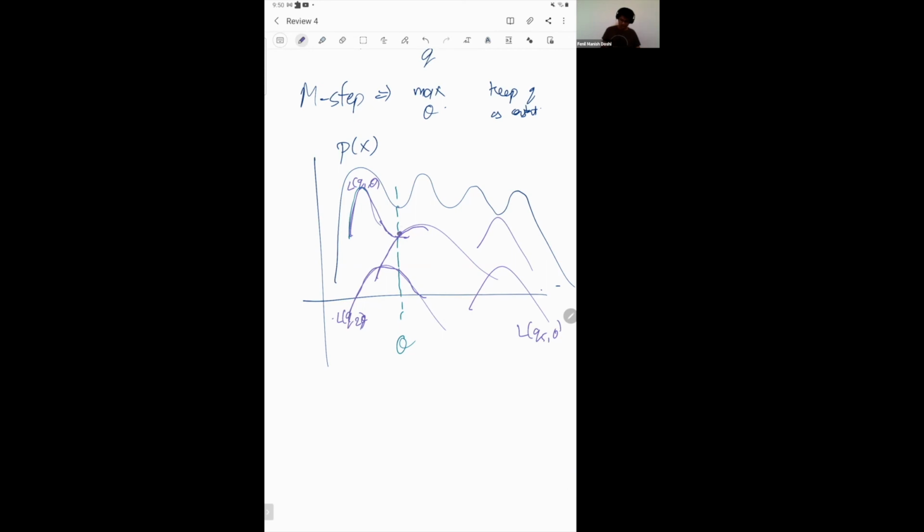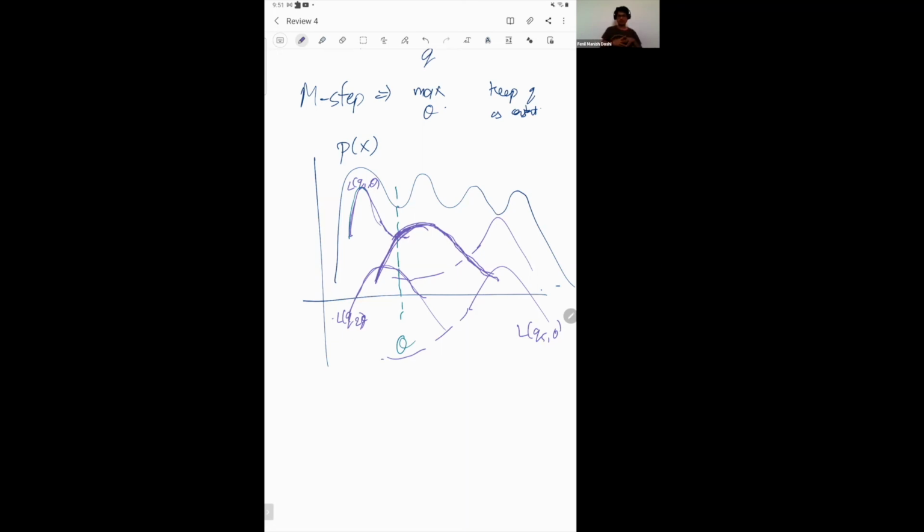So it would be this one. Let's say this is slightly bigger than L of Q1. So in this step, we would just choose this Q. And all of these will have some value on theta, but we would choose